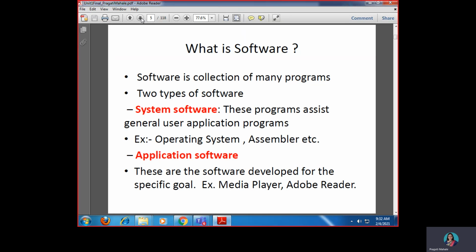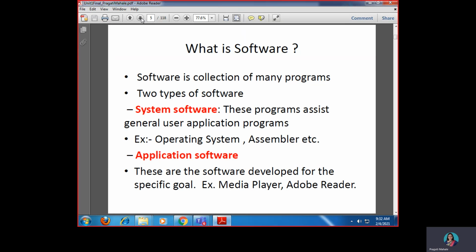All these are various programs. A program is nothing but a set of instructions that we give to the system to perform some particular task.